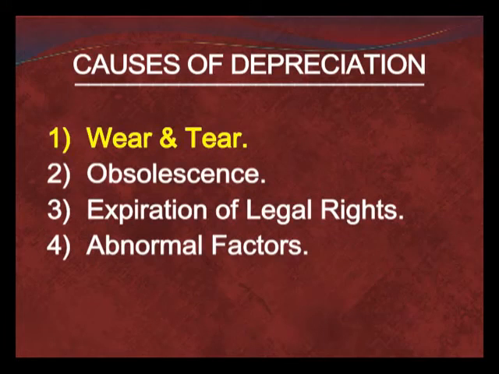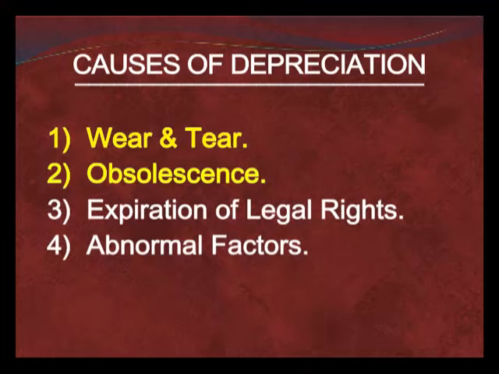There are several causes. The first cause is wear and tear. When we talk of wear and tear, it means the deterioration in the value of the asset. When we put any asset to constant use, its value reduces. The next cause is obsolescence. The term obsolescence means out of date. When any new asset comes into the market, there is a change in technology, there is a change in demand, then the value